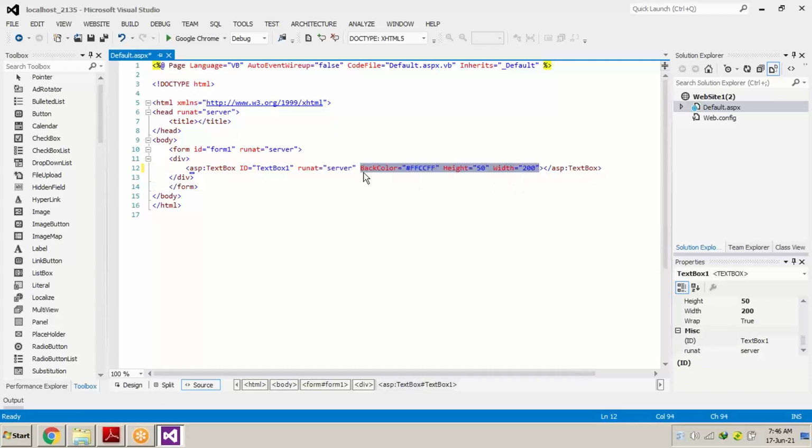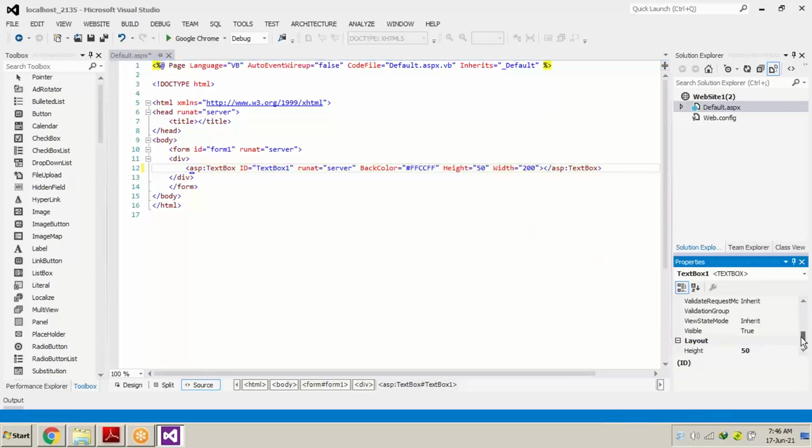But remember, you should have knowledge of writing HTML code, or else click on the control and change the property of whatever you would like in the property window, and the property of the text box will be changed.